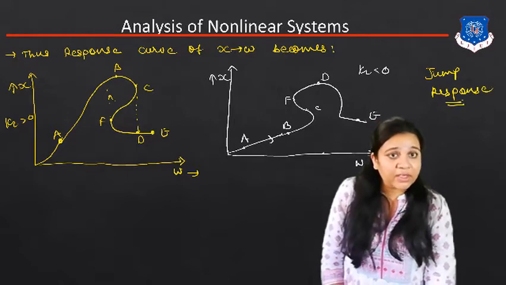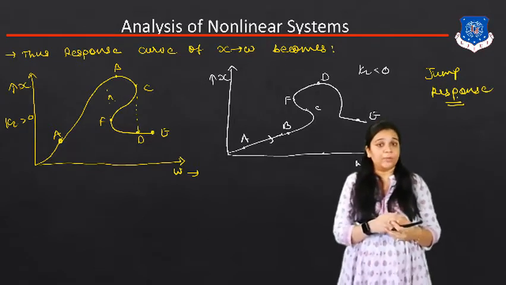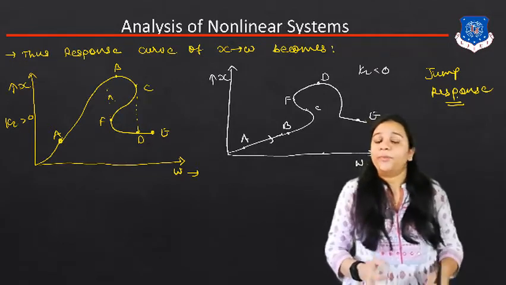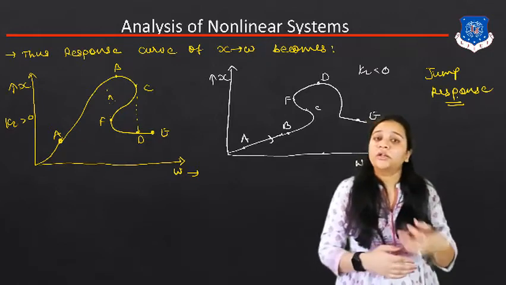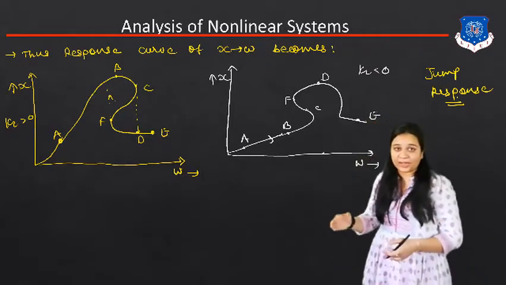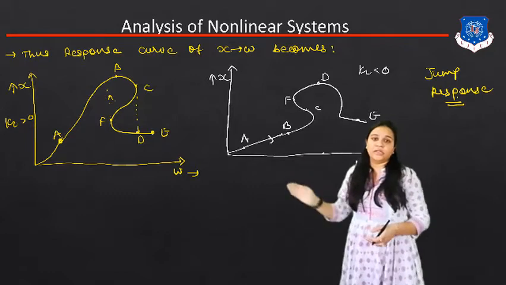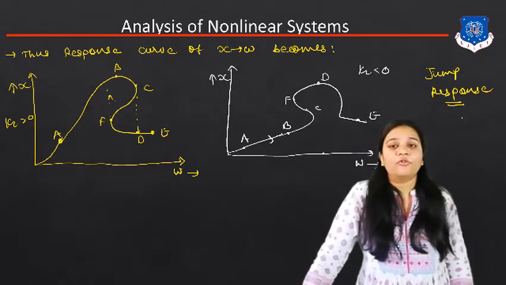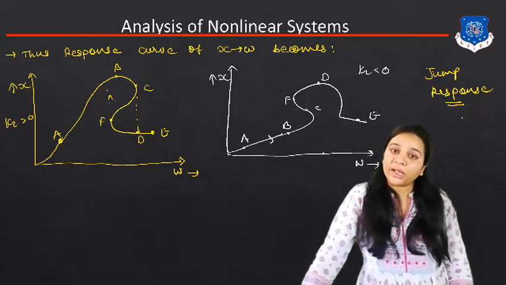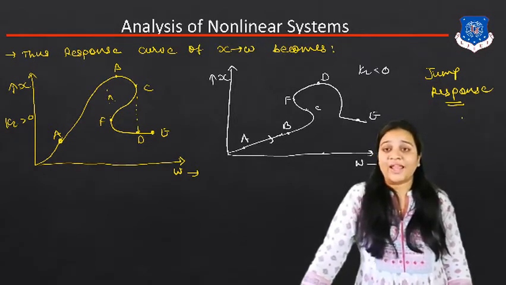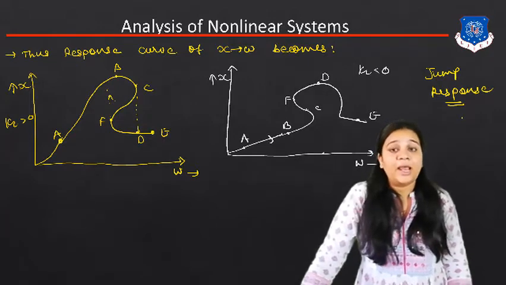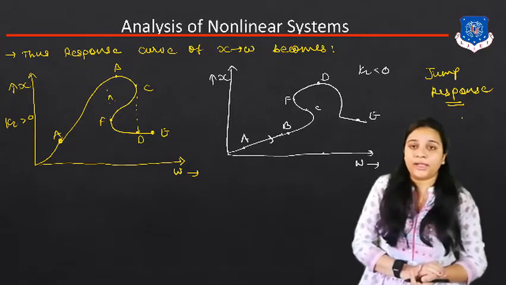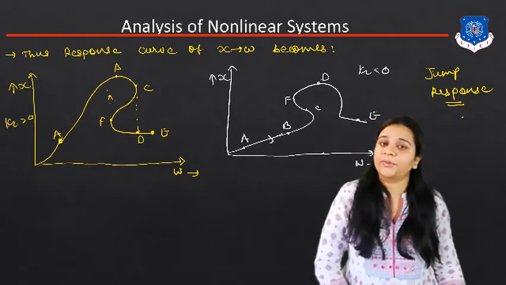Whenever we deal with any mechanical system where the input force applied is in sinusoidal form, the response curve will look like this. Depending upon the spring condition, we get the jump response of this particular system. So we have to continuously increase the value of omega until the value of x becomes saturated, and after that we have to decrease the value of omega and find the response of this particular system.